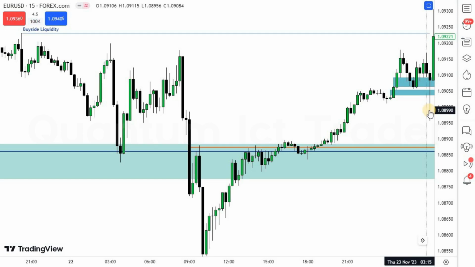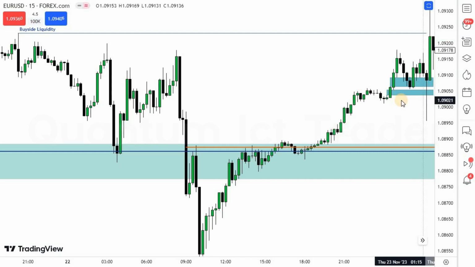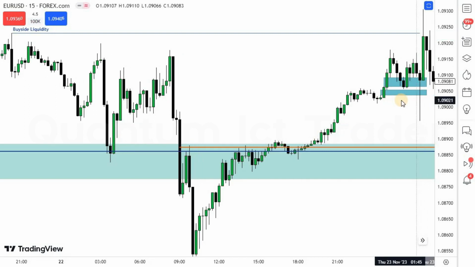what did the market do? The market took your sell stop and then ran for the buy side liquidity. In most scenarios this happens in most trades. This type of scenario happens most of the time with most traders. They take trades blindly off of some fair value gaps, then target the buy side liquidity or some sell side to be tagged, and that's what you're doing wrong, and nobody's telling you that.